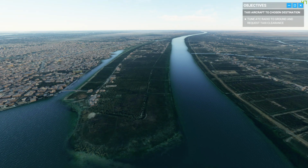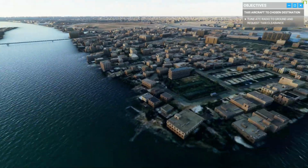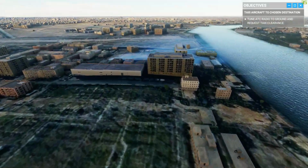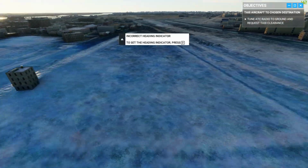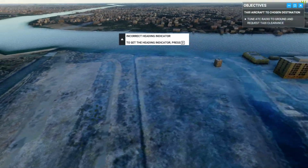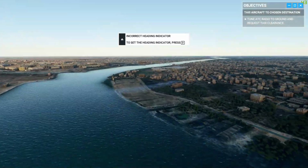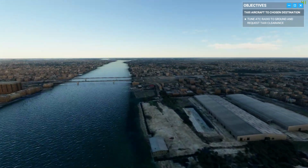Anyway, so that ends our little tour of the Highway of Death. And this is, I guess it's kind of silty or salty right here. Anyway, I want to explore more of this in the future,